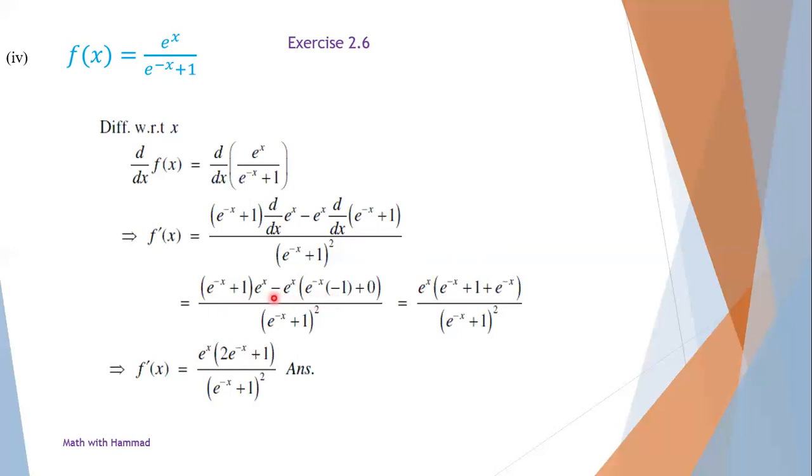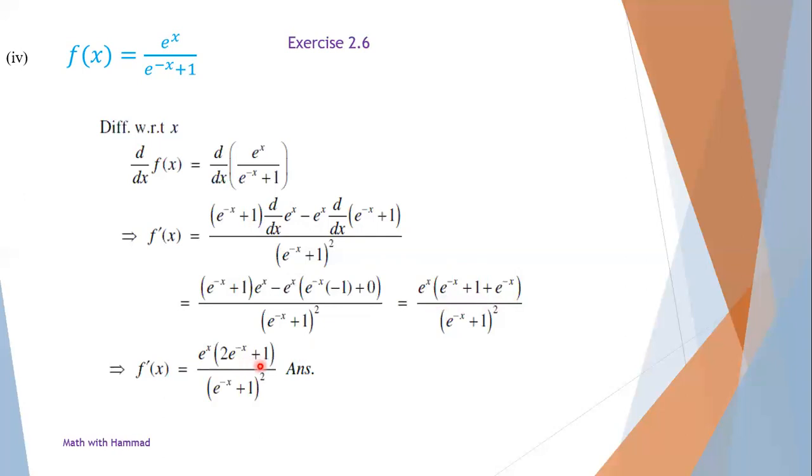This minus and minus will become plus, and we can take e raised to power x common. If we take e raised to power x common from the numerator, the remainings are e raised to power minus x plus 1 and plus e raised to power minus x. Why? Because minus into minus is plus. So e raised to power x into e raised to power minus x plus 1 plus e raised to power minus x. e raised to power minus x plus e raised to power minus x is 2 times